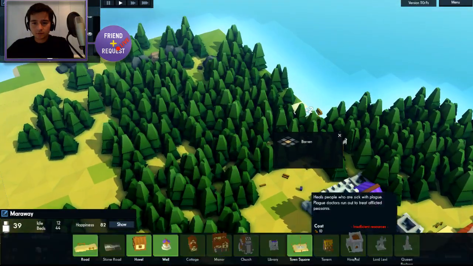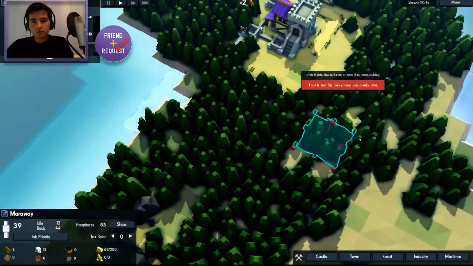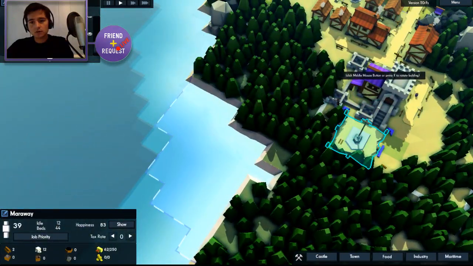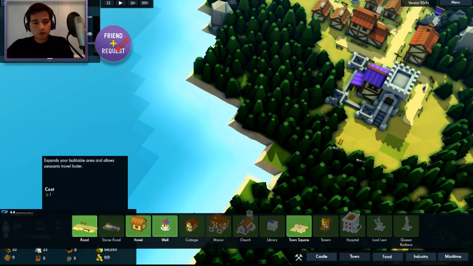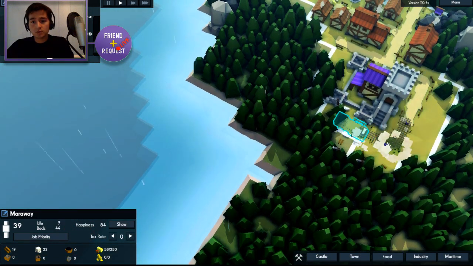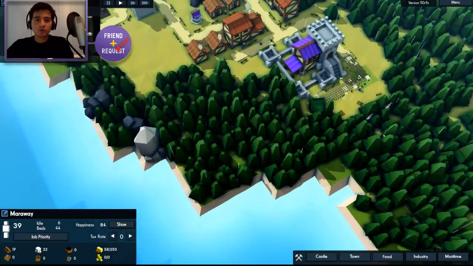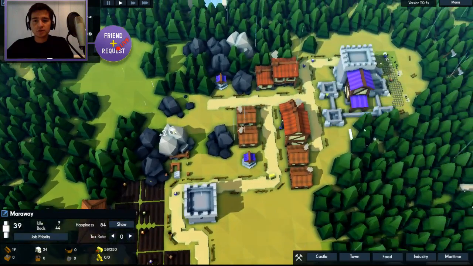Okay, I think we have enough. Almost enough. Yeah, we have enough for the town square. So let's see. Should we build it like here? Or should we build a road in front of it? I think we should build a road in front of it. So we'll chop down a few more of these. Build a road. Eventually I can upgrade my roads to stone roads, which let your people move faster. That's technically the point of the roads, is that your little citizens move more quickly along them than they do